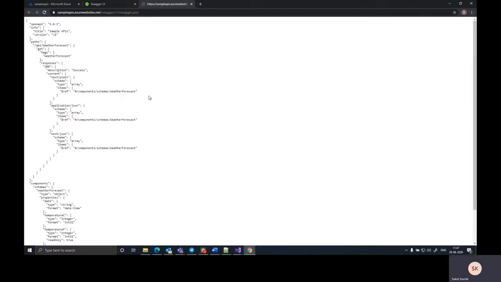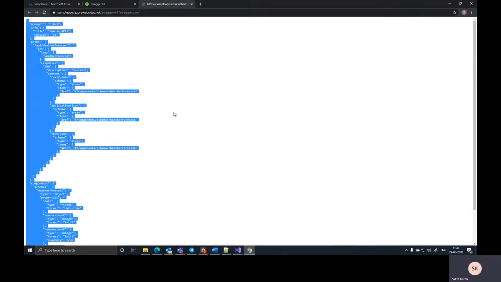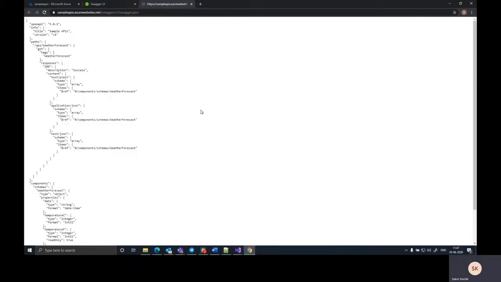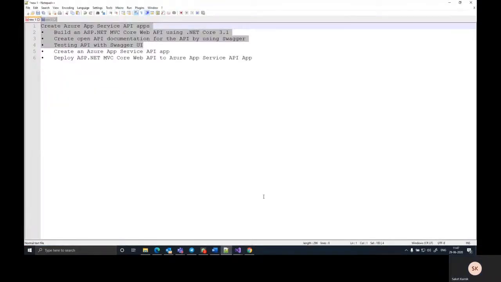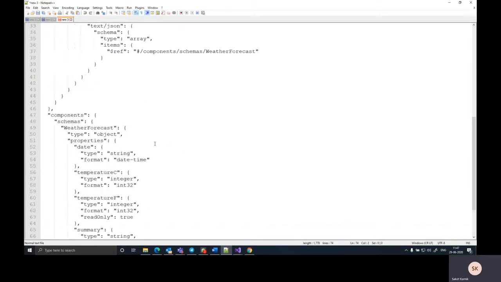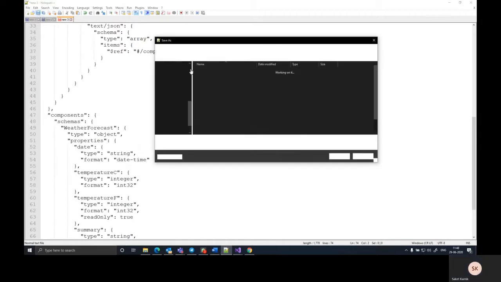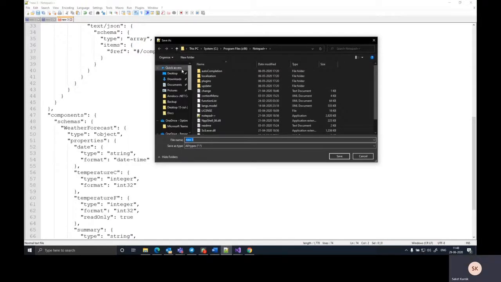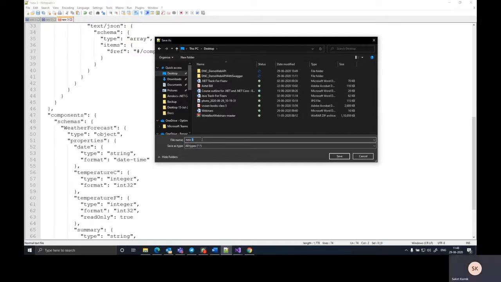By default, save options these days are not provided by the browsers. No issues. We'll just select all the content by using the Control A keyboard shortcut. I select this and then right click, copy, and open Notepad. In the new window, I'll just paste that content and get it saved from here. I'll put it on my desktop by the name